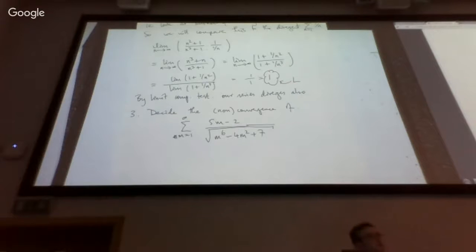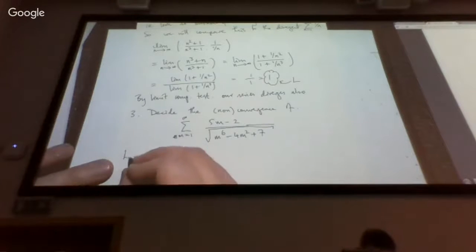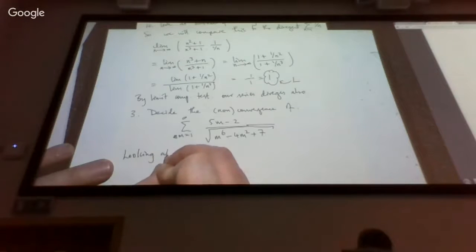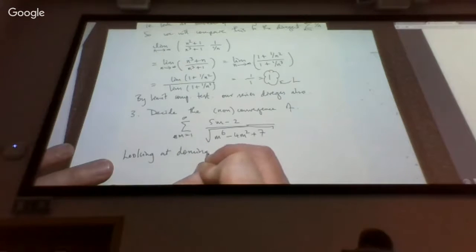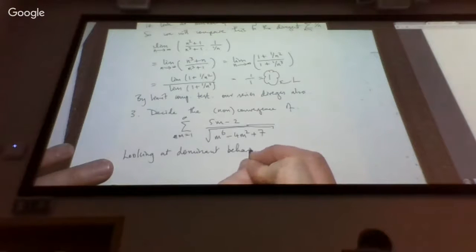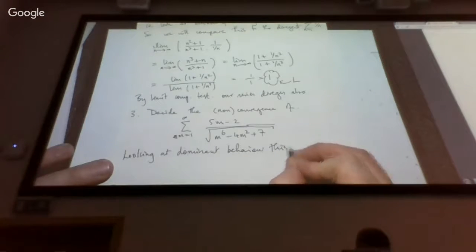Okay, this isn't exactly a rational function. It's not exactly a quotient of polynomials, although nearly is, except it's complicated slightly by the fact that we're taking the square root of a polynomial on the bottom. But maybe we could just push ahead and try to apply the same thinking to it. So again, you'd look at the dominant behavior. So looking at the dominant behavior here, this looks like,